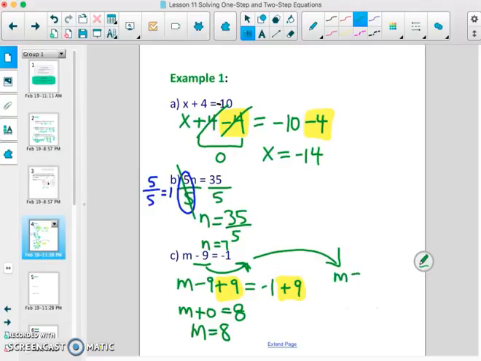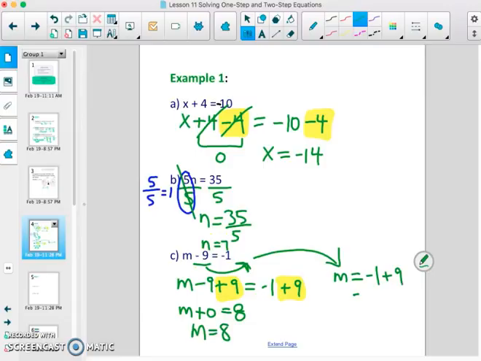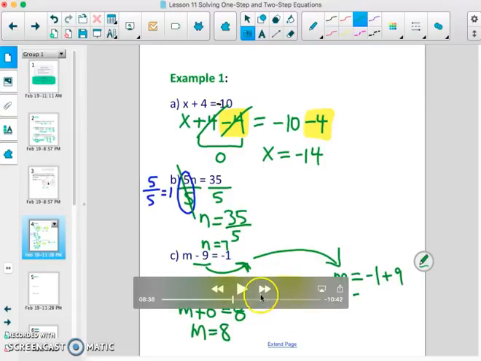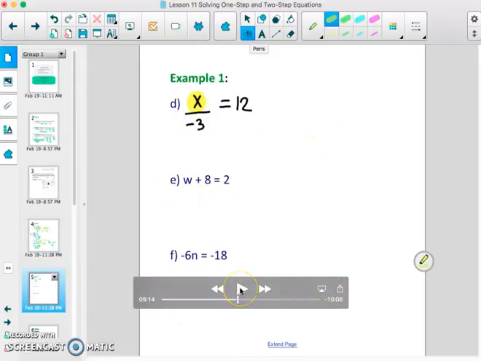The other way to do it is to just write m is equal to negative 1 plus 9. So what that means is it's almost like we've just taken this negative 9 and moved it over to the other side, but it changes sign. Okay, so we're just not writing the minus 9 plus 9 part. But it's doing the exact same thing, and that's what we're going to work towards, is just writing m is equal to 8 like that. Okay. All right, so our next example,